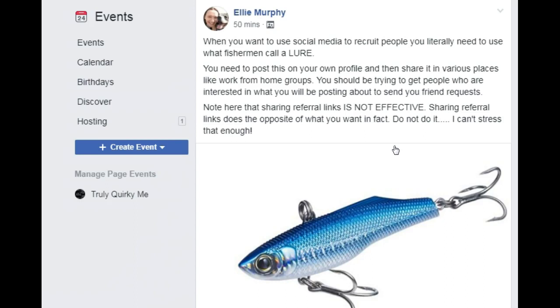And number two, if somebody does actually click through on the link, you have no idea whether they have done that or not. So you can't talk to them, you can't explain how it works, you can't provide them with additional information, and you can't add that person to a list of potential leads that you might have. You won't know even if they are interested in what you're posting, because they can just click through, have a quick look, click back out again, and you don't even know that they've done it.